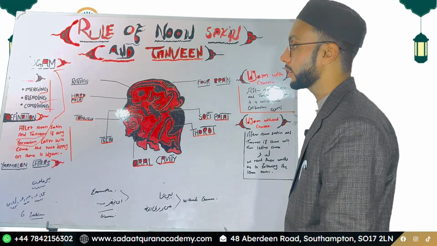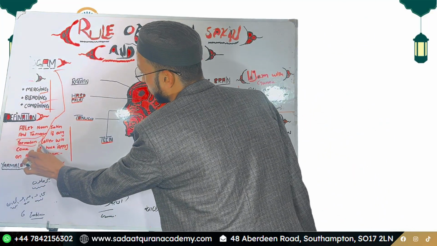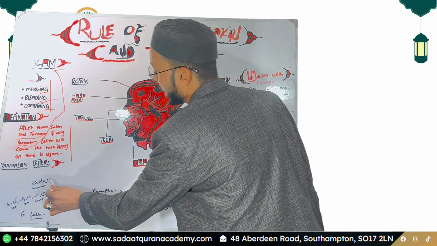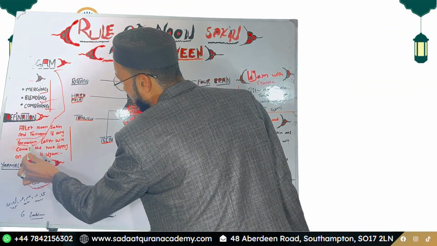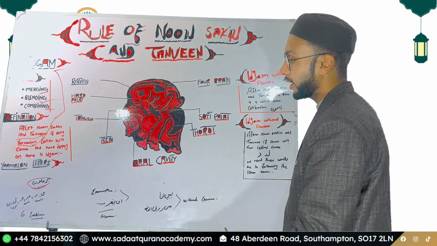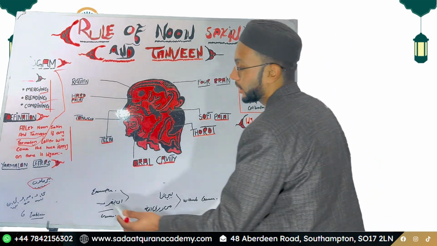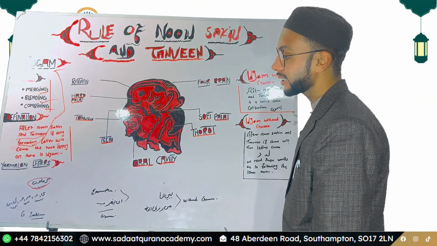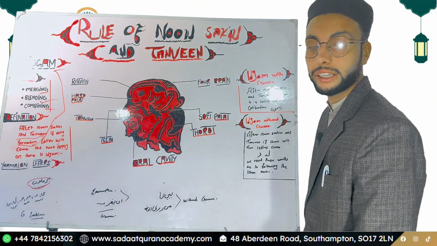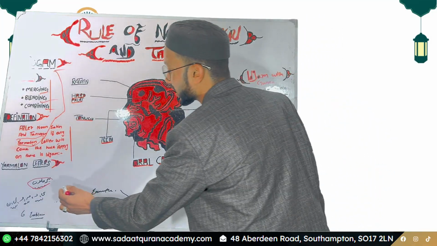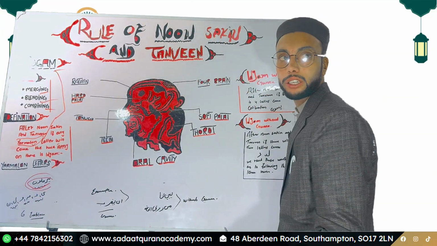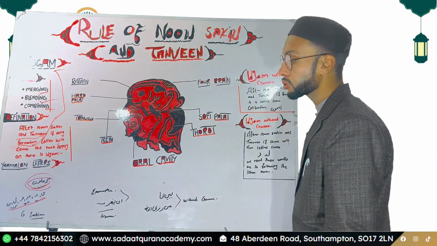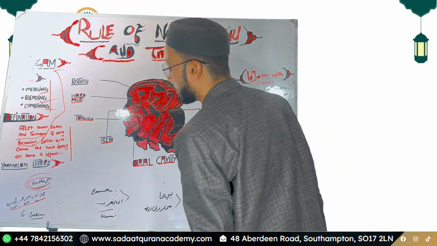After Noon Saakin and Tanween, if there is any Yarmalun letter, because there are 6 Yarmalun letters, Yarmalun is the collaboration of the 6 letters. The 6 letters of Yarmalun are: Ya, Ra, Mim, Waw, Lam and Noon. Whenever we read them in the collaboration form, they are called Yarmalun. When you read them one by one, they are read with their exact position, as single letters.